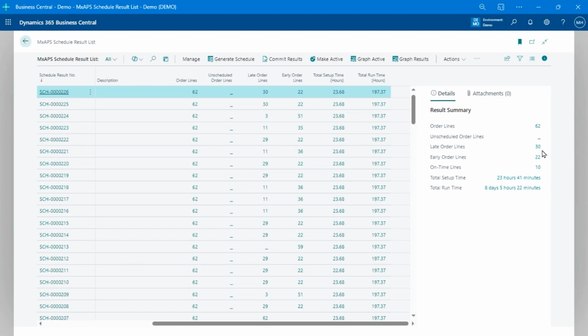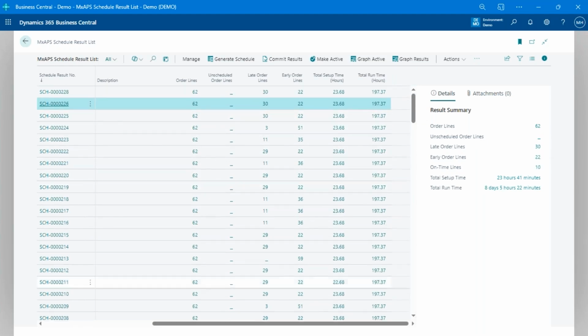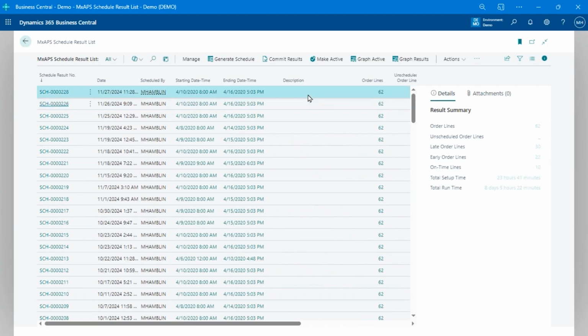And maybe I look at that and I go, wow, geez, using some of that bottleneck analysis or looking at the schedule, I could decide maybe I'll run a shift on Saturday or something like that. So I add in that Saturday shift, I can rerun the schedule and compare the results. So this is really a way of doing these what-if scenarios, like what if I make changes or anything else? How does that impact my schedule performance?